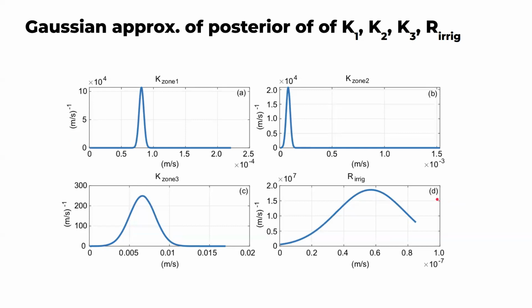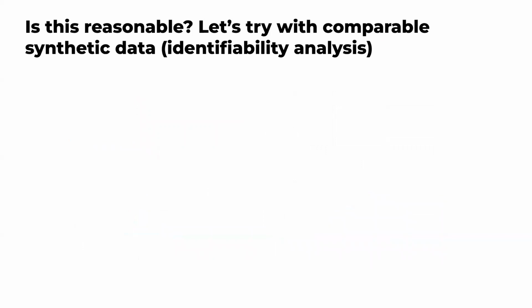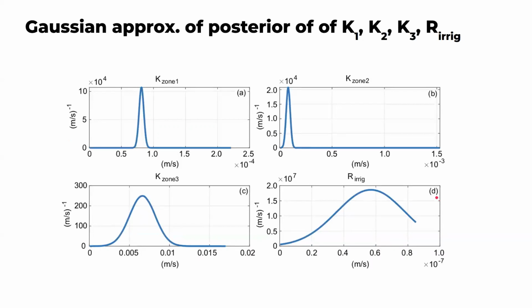So we're reasonably happy. Before going to the last step, which would be to do forward UQ on the travel times using these 4 marginals as PDFs for the uncertainty quantification,